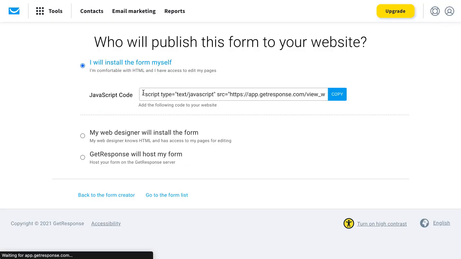So now Getresponse will generate a JavaScript code for you, which you can just embed directly on your website. So I will show you how to do this, and I'll also show you how you can create the opt-in form inside your website. Okay, so